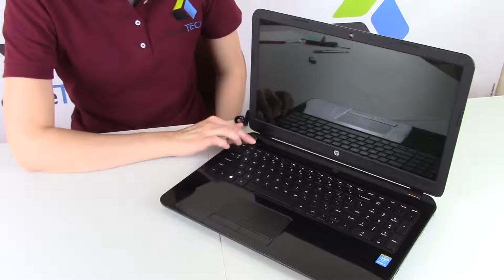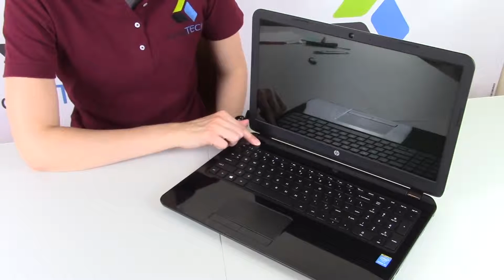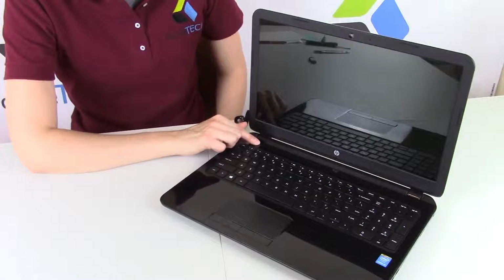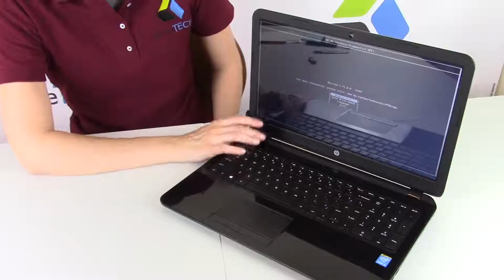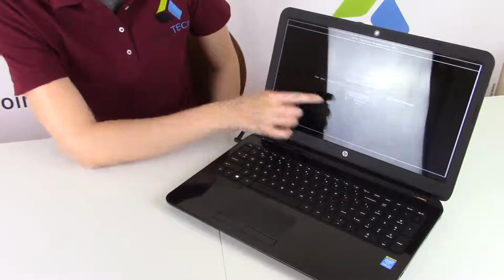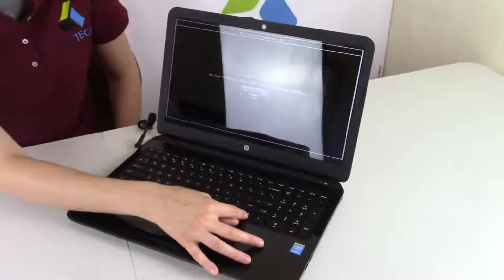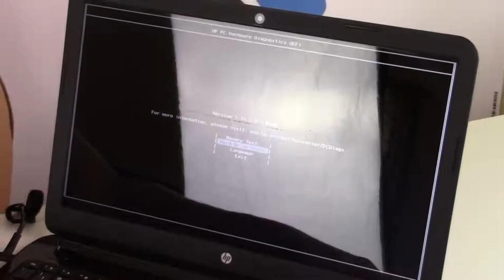Okay, so what you're going to do is hit the power button, and then immediately start tapping on F2. Okay, I got it right there. All right, so we're going to do the hard drive check. If you have an older or newer version of this HP computer, this might vary a little bit, but you want hard drive check, or sometimes it will say hard disk check, or occasionally storage, but it's all the same thing. So you're going to hit enter,